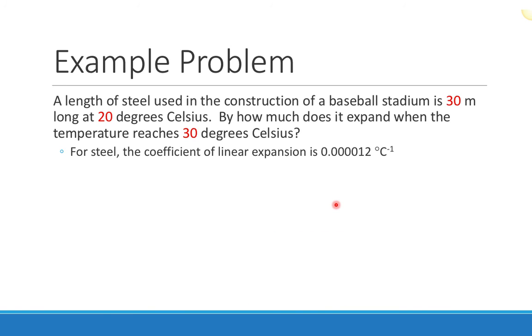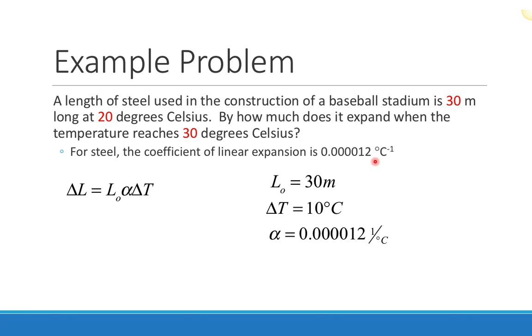So finally, we can look at just a really quick example. We have a length of steel that's used in the construction of a baseball stadium. The length is 30 meters, and that's the initial length at 20 degrees Celsius. We want to know how much it is going to expand if the temperature reaches 30 degrees Celsius. The change in temperature from 20 to 30 is 10 degrees. I also know the coefficient of expansion is this really small number here for steel. I can determine the change in length of the